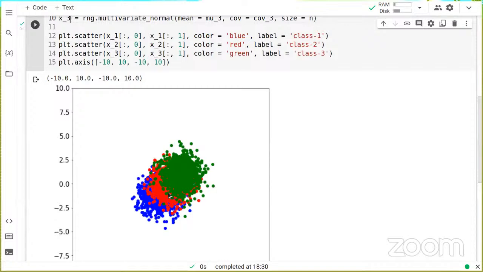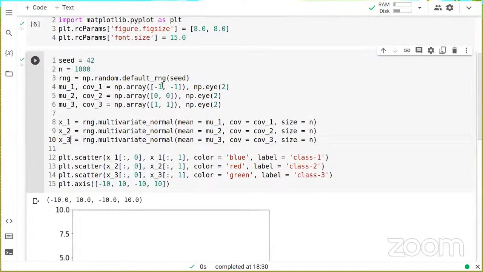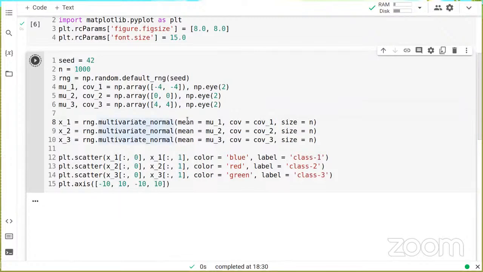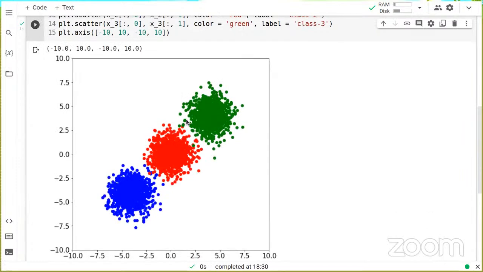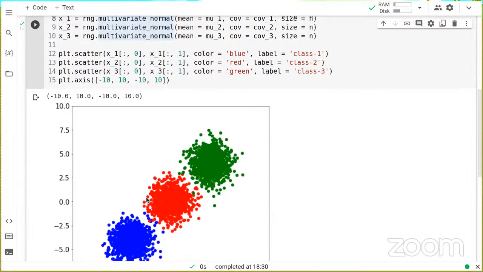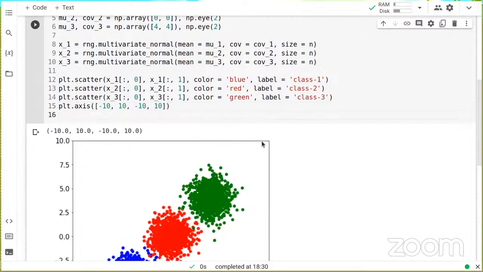They are too close. So what we'll do is move them out, let's say to 4, 4. Okay, that's decent, right? So we have this setup now. And now if I want to display the labels on the plot, do you recall what we did the other day? Legend. Yeah, we have to do a plt.legend, right?